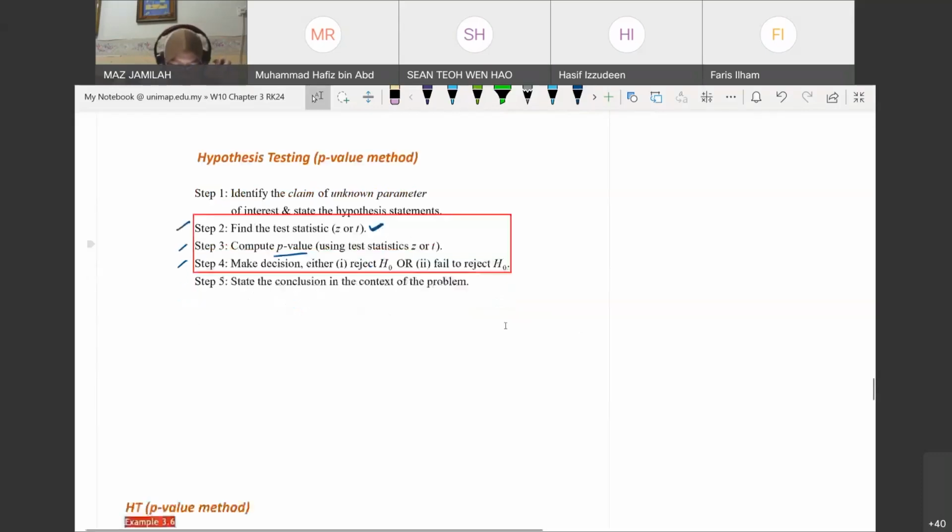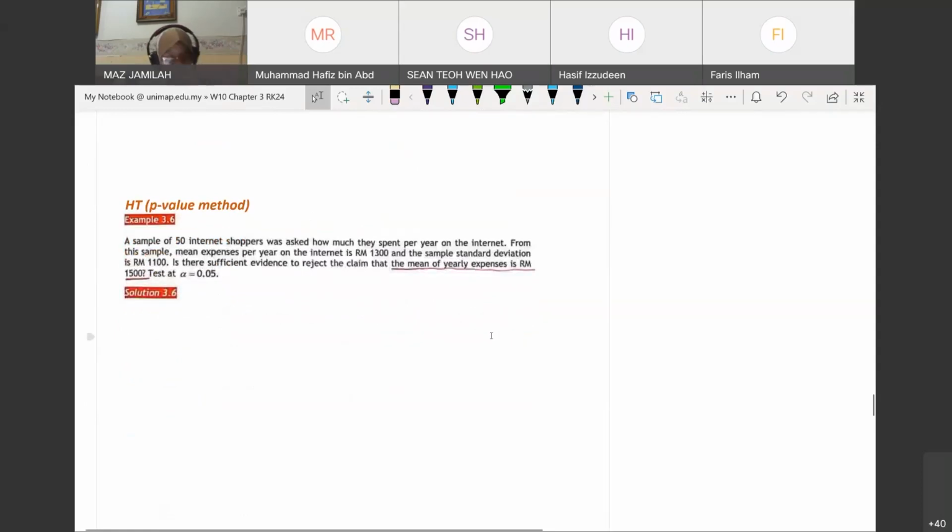Okay, let us look at the first example. I repeat the first example, using the same exact example of 3.6, so that you can compare and contrast how the traditional method and what we call the p-value method is done. Very quickly, let me rewrite the first step. So for the two-tailed test, it would be